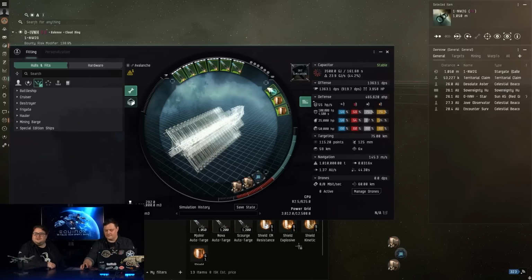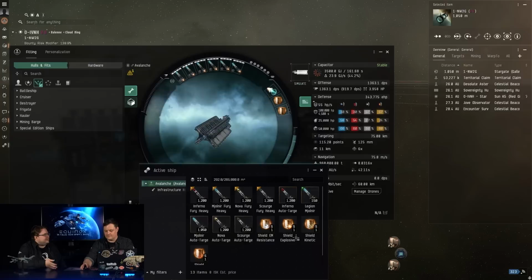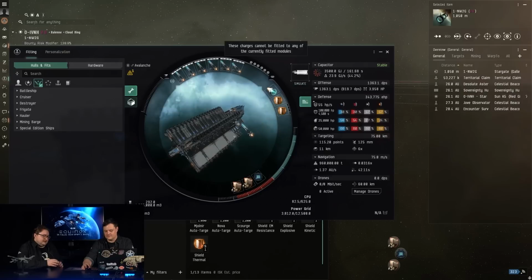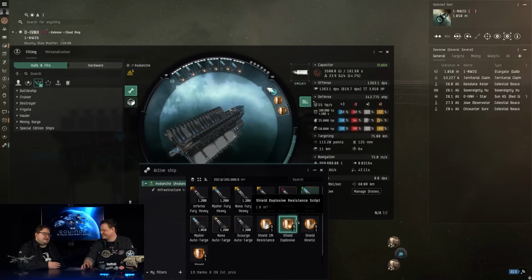And so the Avalanche has insane on-paper DPS, but really smart players can deliberately manually pilot and kind of jump in and out of range. So if me and you were killing CCP Convict in his Avalanche, I could be at the front and his missiles would be hitting me, and then